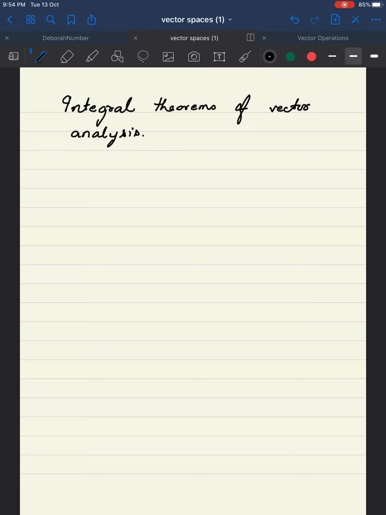They are Green's theorem, Gauss's theorem, and Stokes' theorem. I believe the book does not discuss Green's theorem. I might be wrong, but you can take a look again. I think Gauss's and Stokes' are mentioned, but Green's is not. And these are extremely important because they apply to many physical applications, including electricity, magnetism, hydrodynamics, heat transfer, etc.